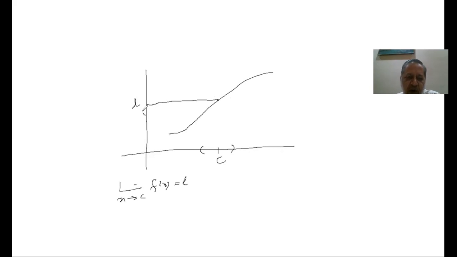So we have in our usual treatment, we consider neighborhood of c and we consider the neighborhood of L. So this is L minus epsilon, L plus epsilon, और हम कहते हैं क्या कि f(x)